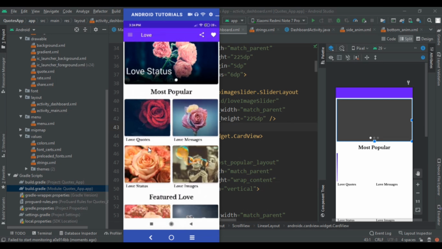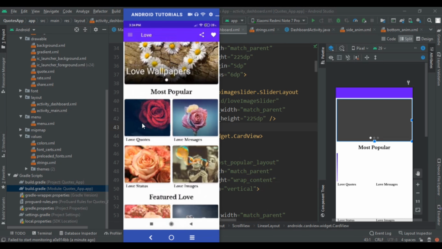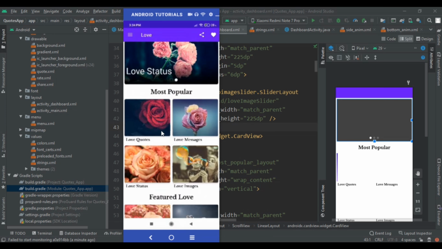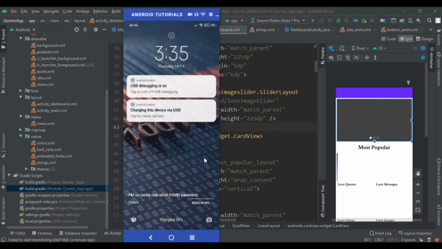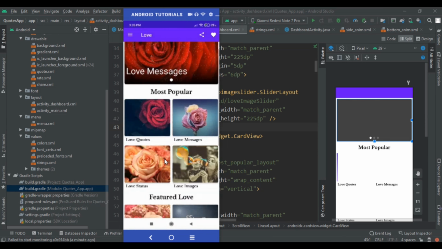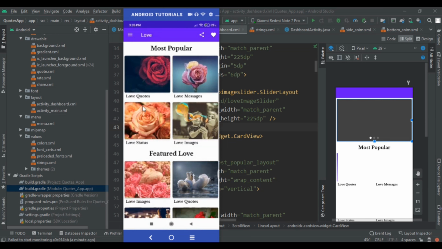Note I am going to load these images from the Firebase. So now we will not display any image here in our dashboard activity. Instead we will see the images here like this.